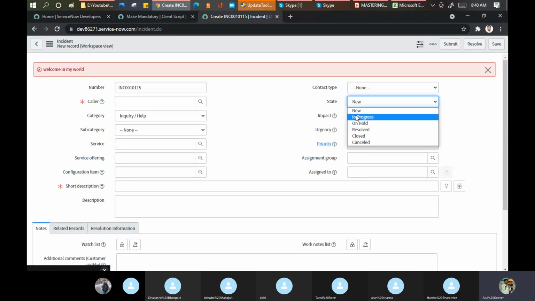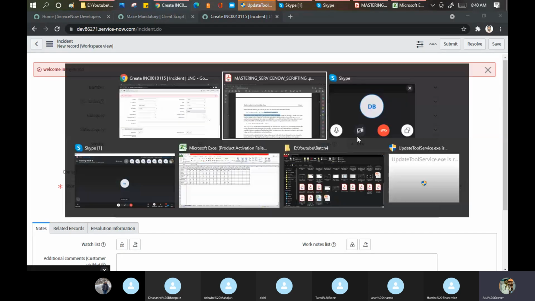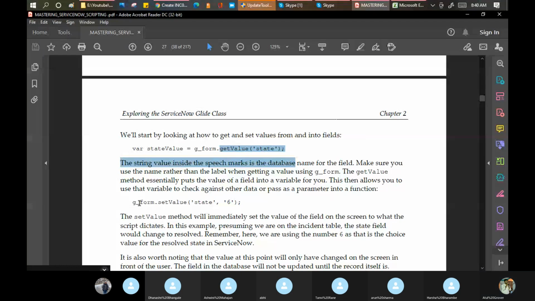Actually, these names are given just for reference to the user. In the background, this state is stored as a number. If I show you on this part, see, g underscore form set value state 6. 6 means it can be a closed one.